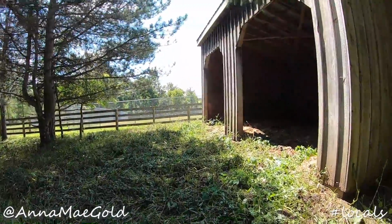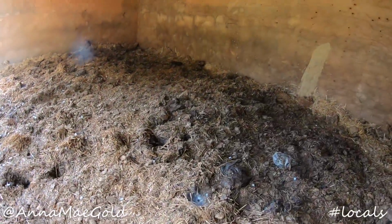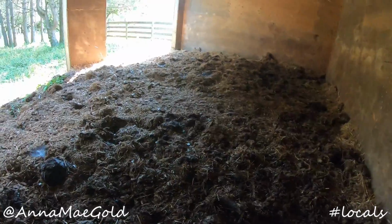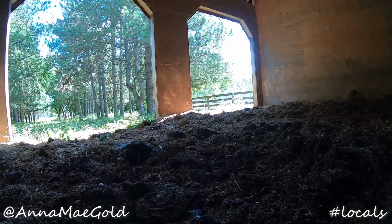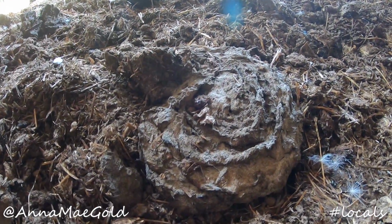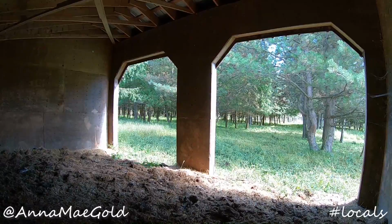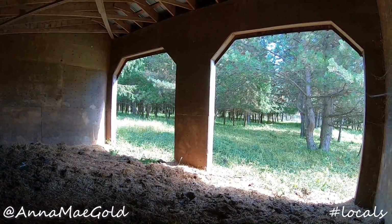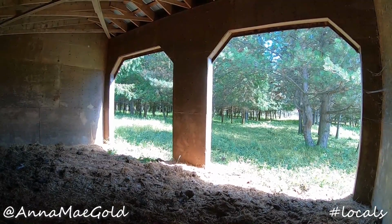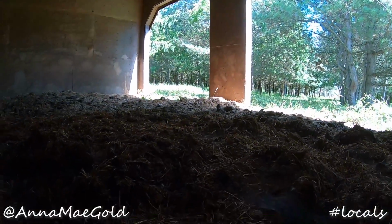And here is the run-in. Still completely filled with shit. It's a lovely, spacious, beautiful run-in, but completely useless. Wow, it is just a bunch of pure bullshit. And of course, animals are going to spend a lot of time in here. It's a lovely, cozy spot, out of the elements, out of the wind, the rain, the snow, even out of the sun when you need it. But it also means loads and loads of